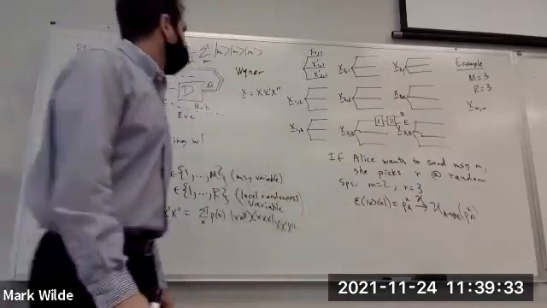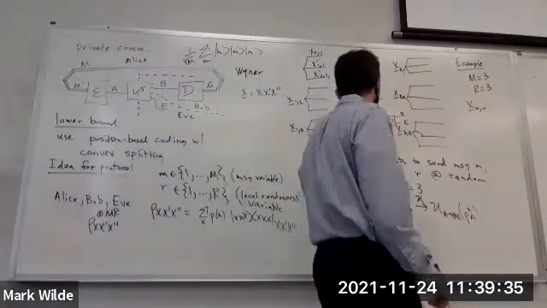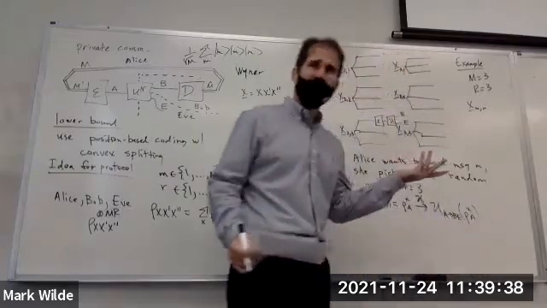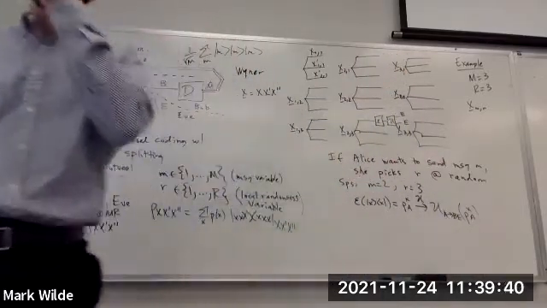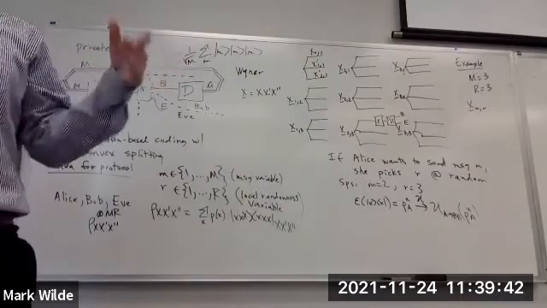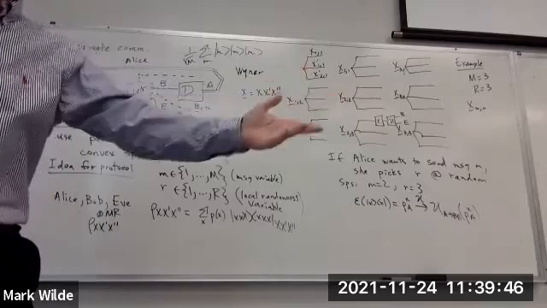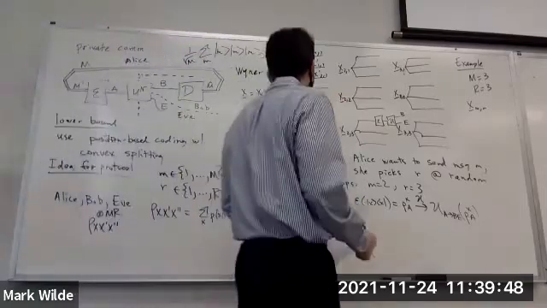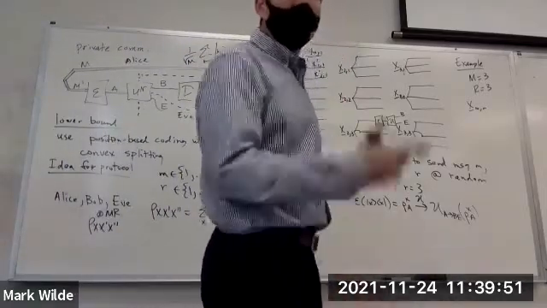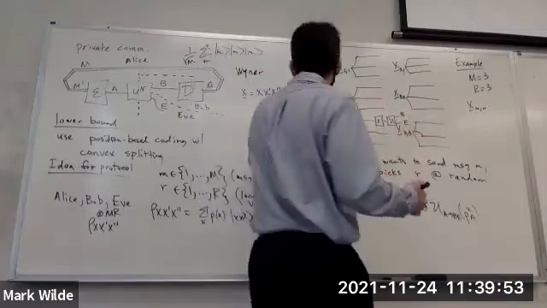Okay, so how will it work? Well, Bob wants to know the message. Okay, and what he will do is he'll decode not only the message but also the randomness variable. Okay, and so that just involves Bob doing position-based coding. Okay? He'll do a check